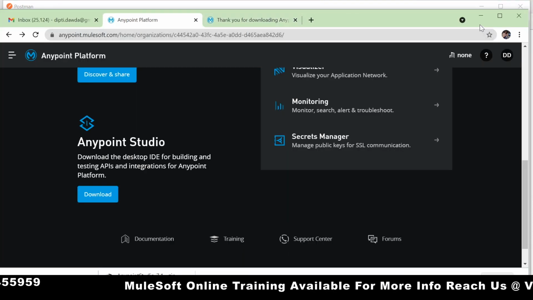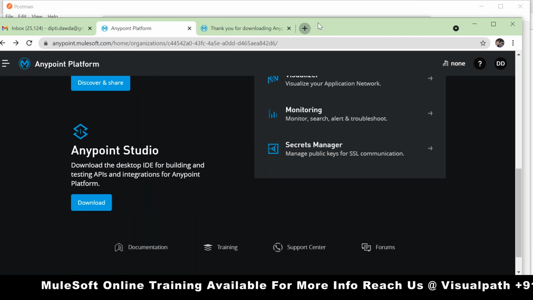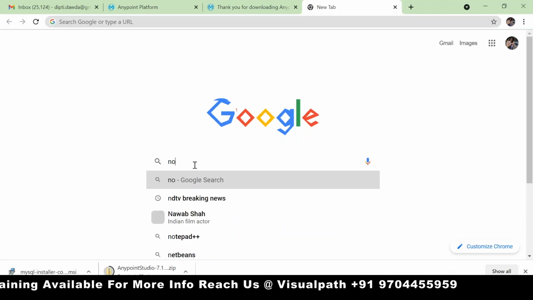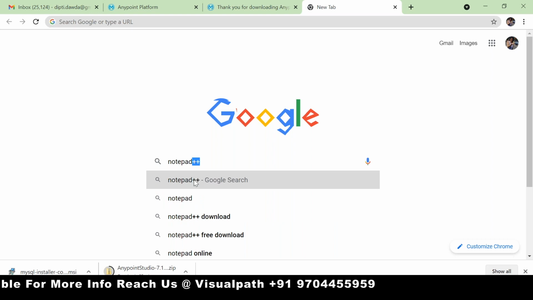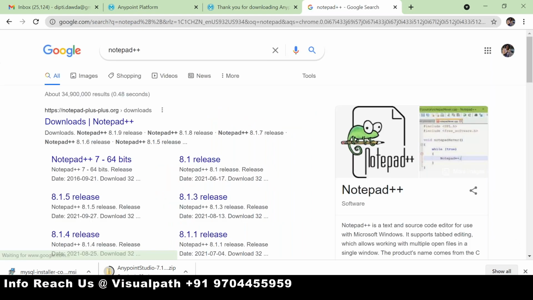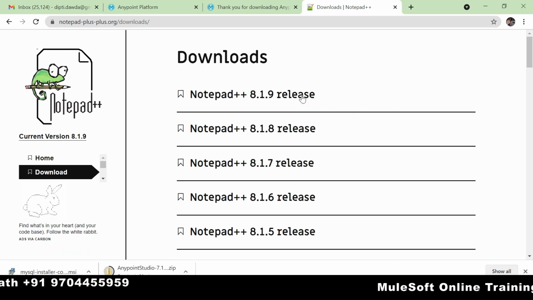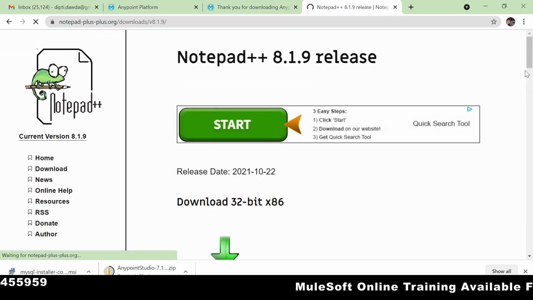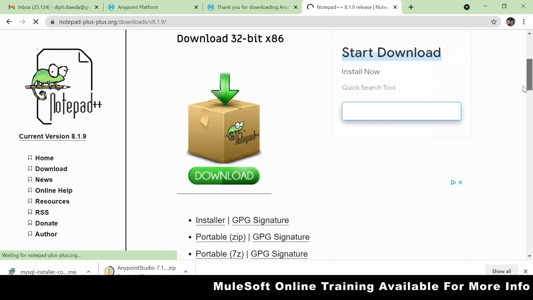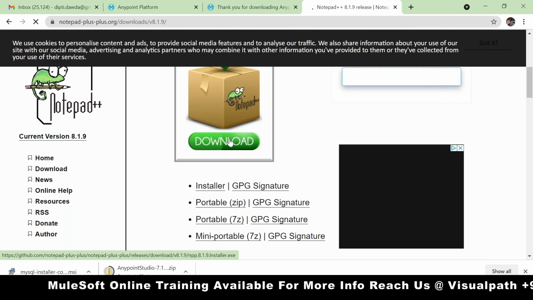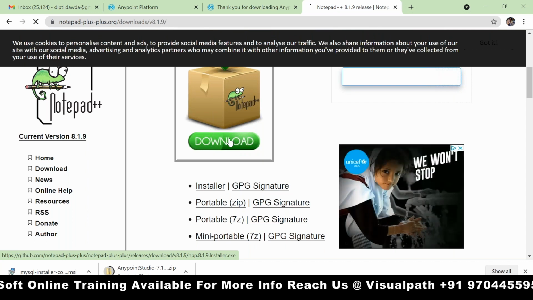Most of the people use Notepad++. Search for the Notepad++, download and share this link with the remaining team members as well.